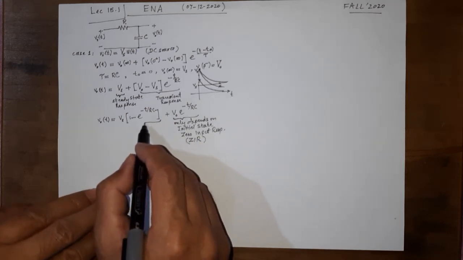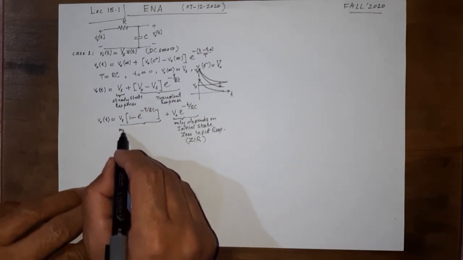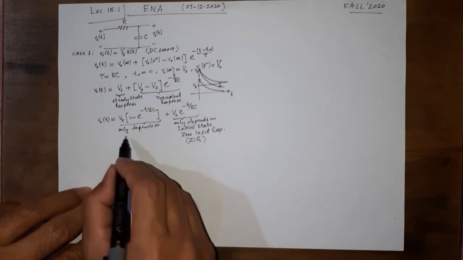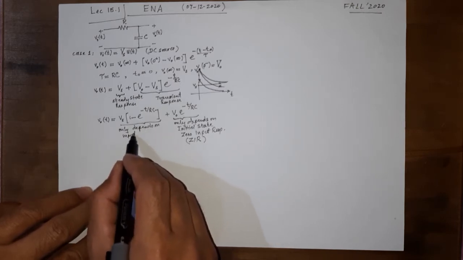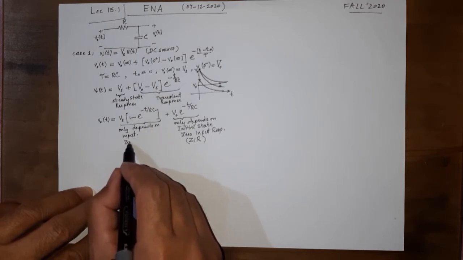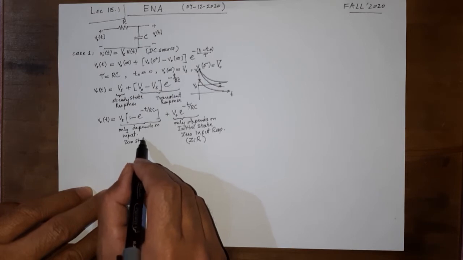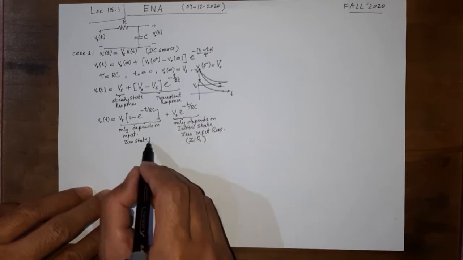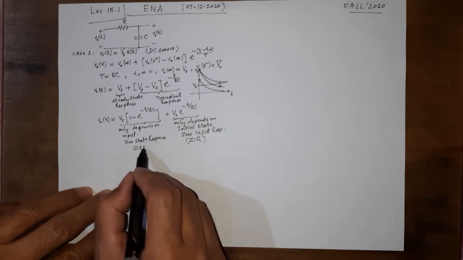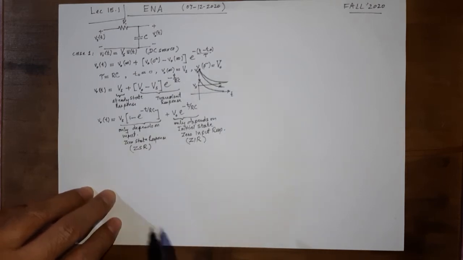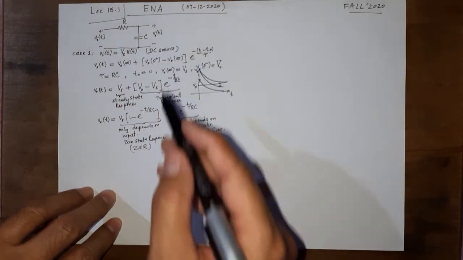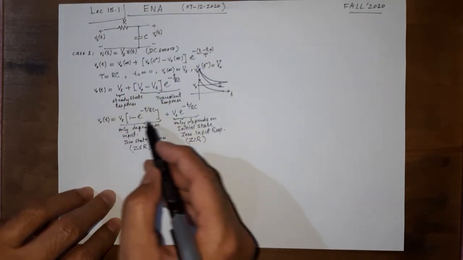However, if you look at this part, it only depends on the input. No initial condition in here, no V0 in here. So this is known as zero state response. It does not depend on the initial state of the circuit. In literature, it is known as ZSR. So if V0 would be zero, where the capacitor is not initially energized, this would be the output.